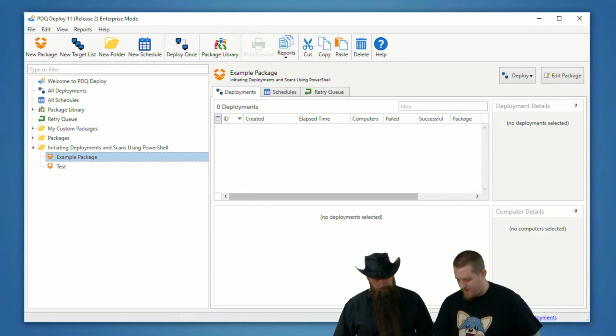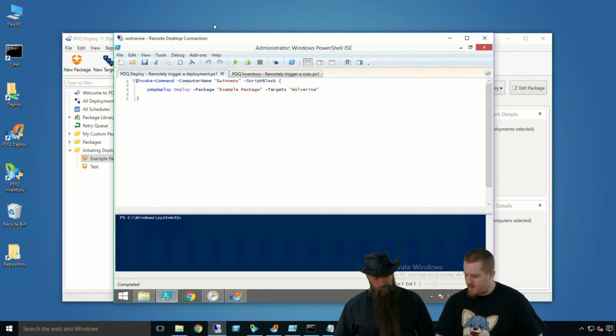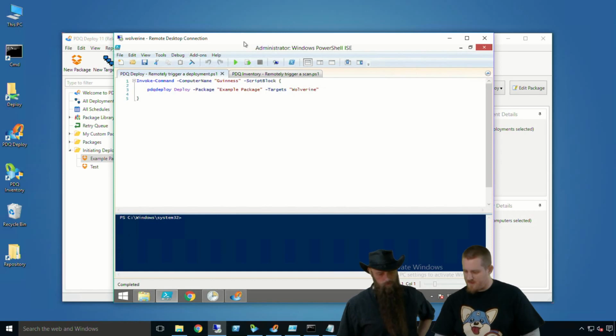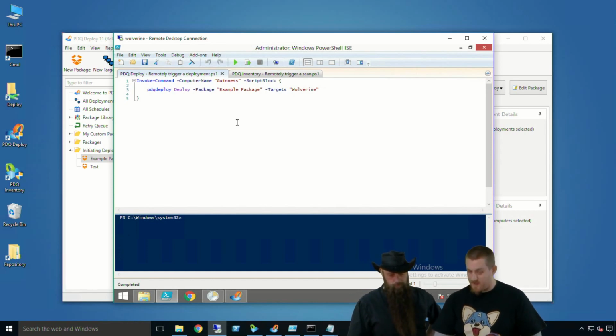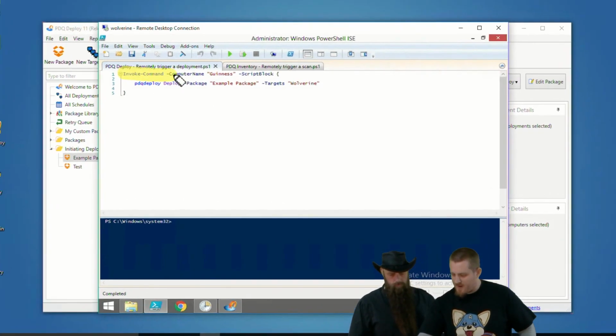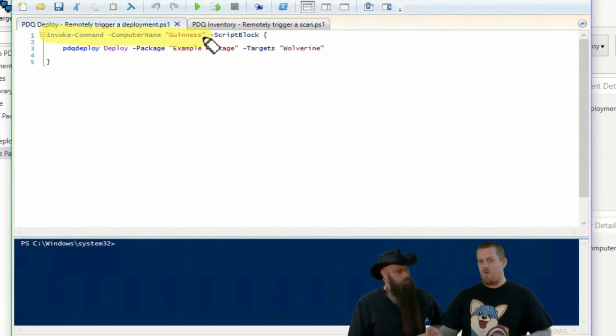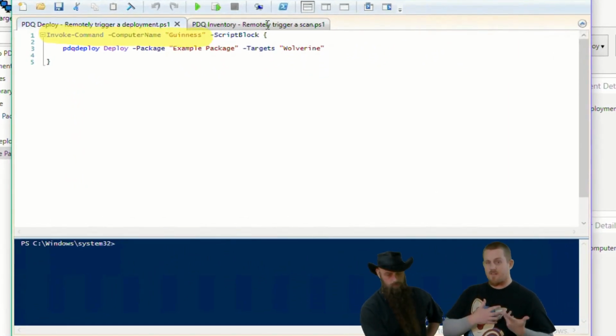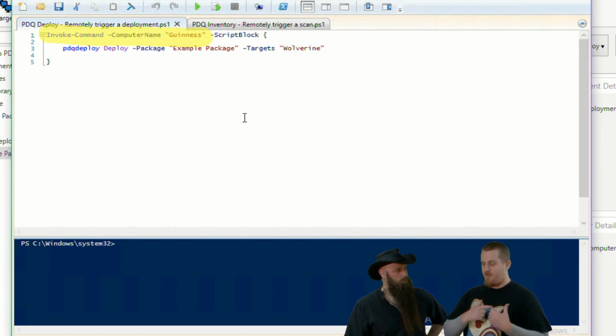So we're going to do that right now. We're going to jump to this machine right here. This is Wolverine, not in the flesh though, mind you. So here we're going to trigger a deployment, and we'll just quickly go over that we have this invoke command and then the computer name. The computer that we're running the webcast on is Guinness, so we're going to target Guinness and run the following